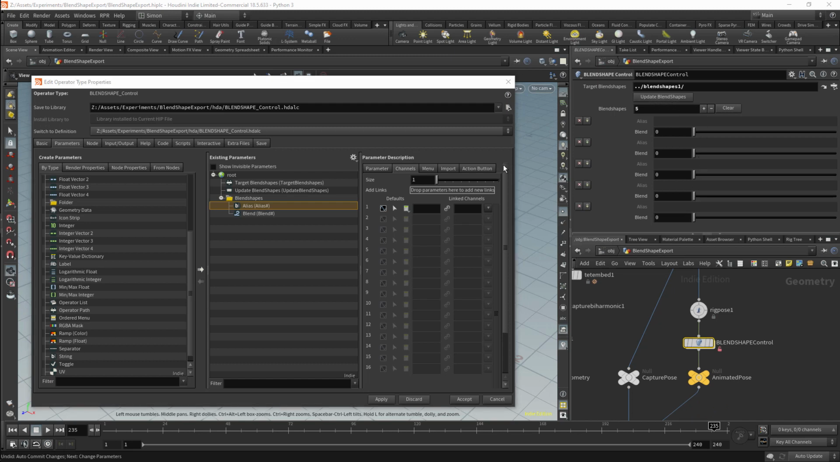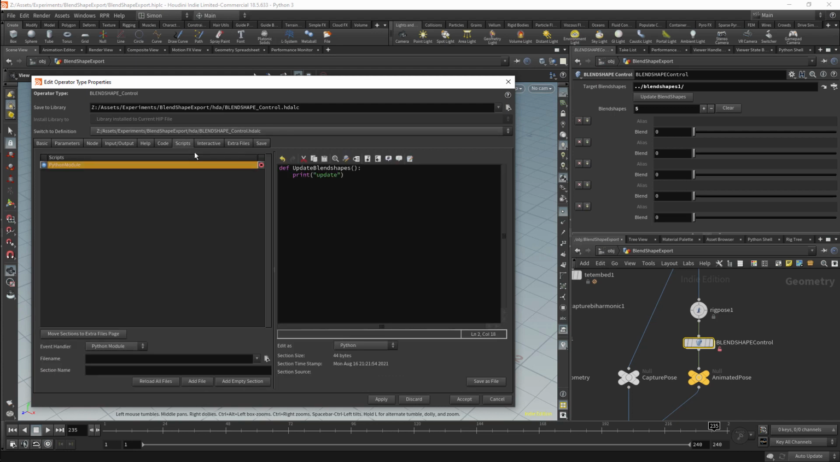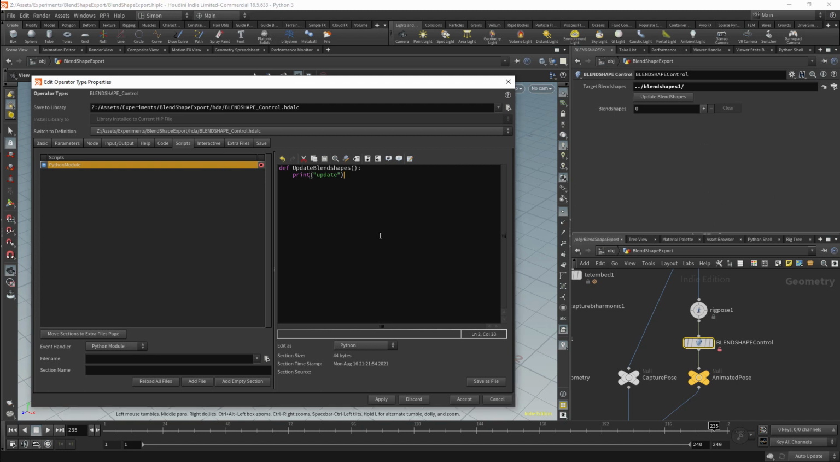So now we've set up our interface and we can start working on the script. And this is the script which is for our Update Blend Shapes button. So we can enter the Scripts tab and we can start working on the script. First I'll need a reference to this current node. I'm going to give a variable for this which I'll call node, and I'll set this with